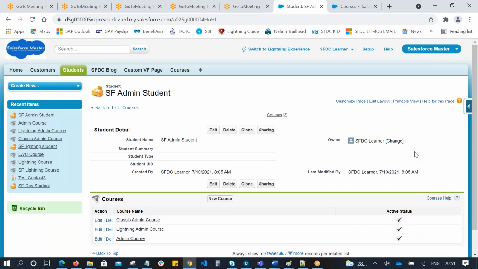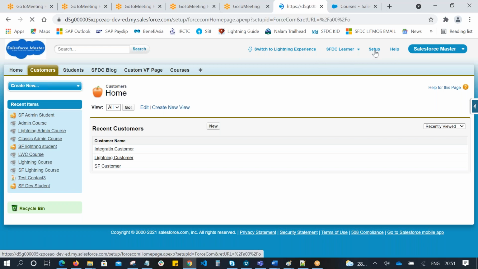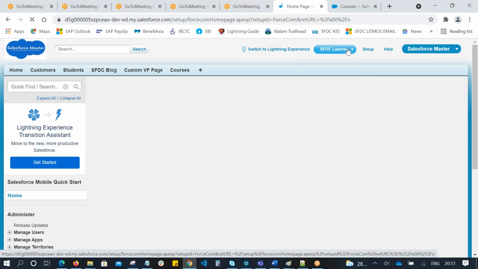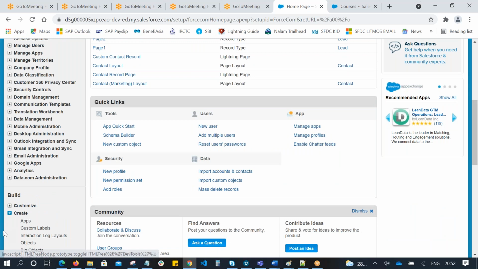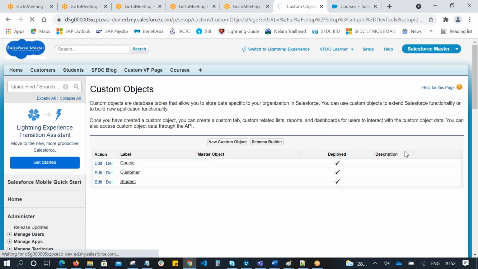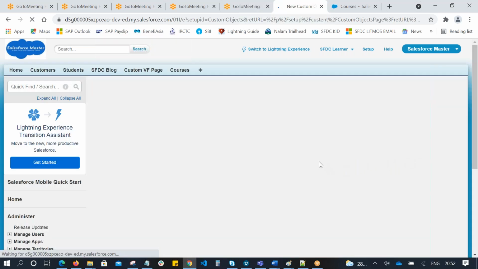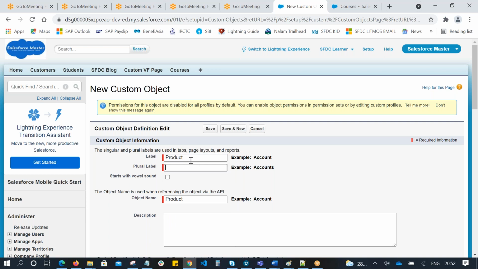Okay, so let's see. We have a customer. In this customer, I just want to assign a product. Let's create a custom object. Create a new object. Product is a custom object.